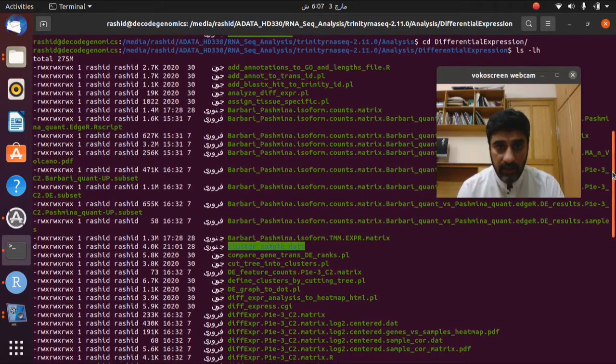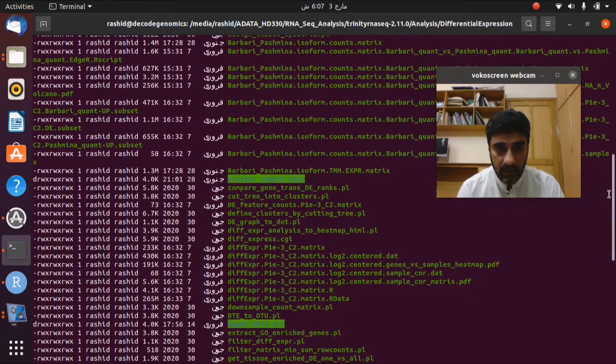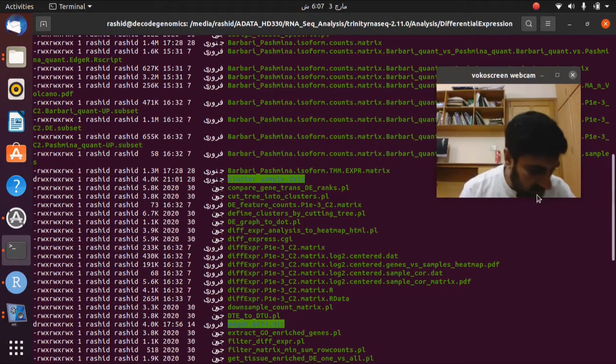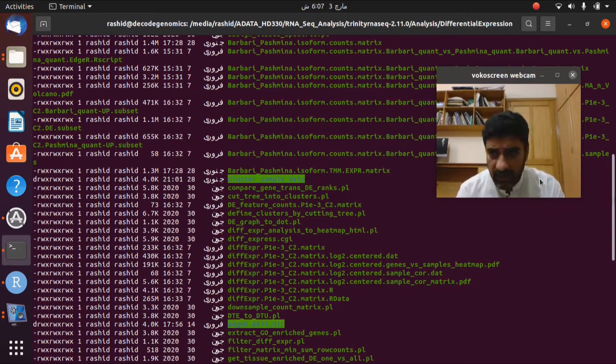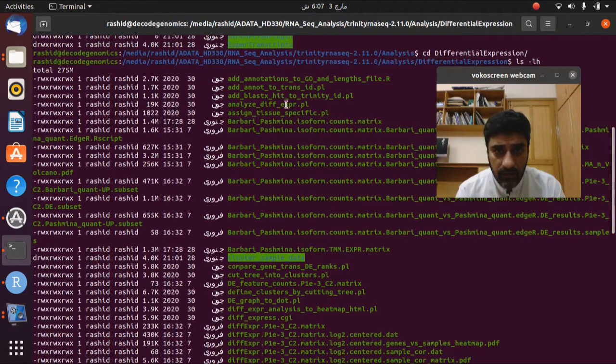That Perl script starts with A, from analyze. So I think this is the script, analyze difference expression Perl. Yeah, this is the script that we are going to use for this step, and this is the input file.